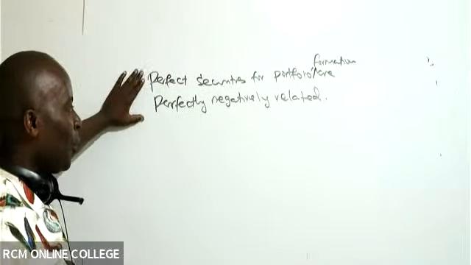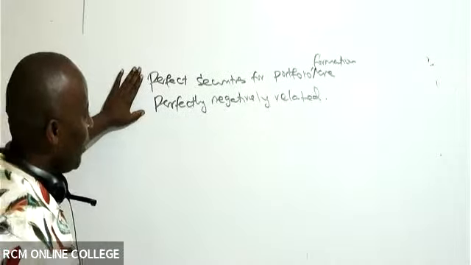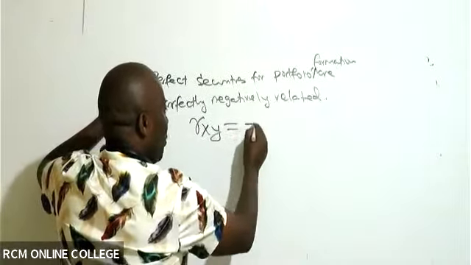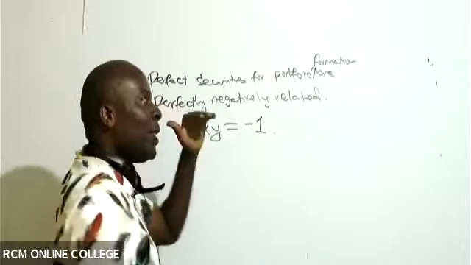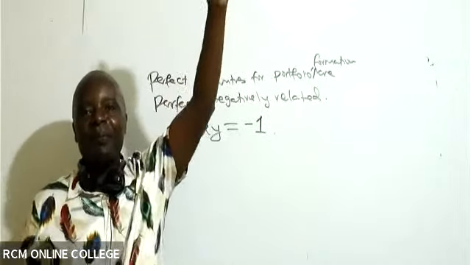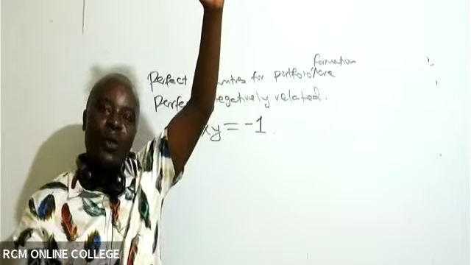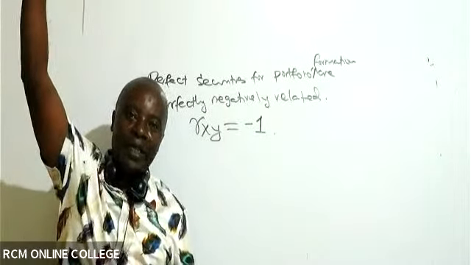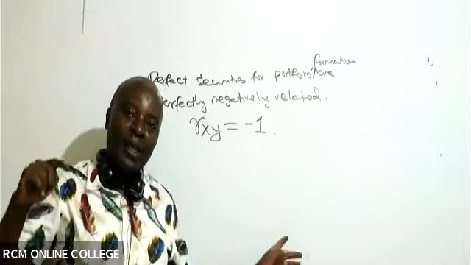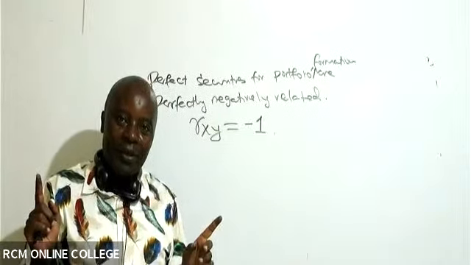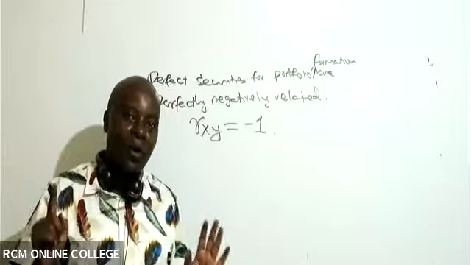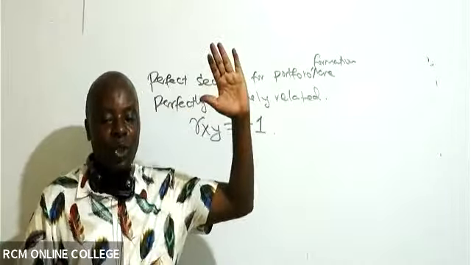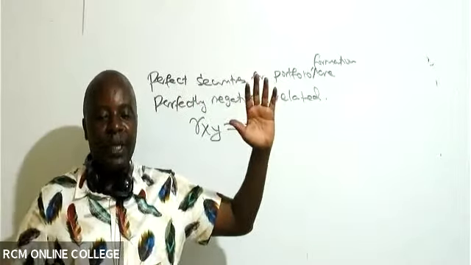Whenever you want to form a portfolio, ladies and gentlemen, you should look at it this way. Your R between X and Y, if possible, should be -1. When one security is doing very well, the other security is doing very badly, and then they keep on changing. This cannot work in a marriage setup, where it can't be two extremes. But for portfolio formation, this extreme is what we want, in the negative relationship.